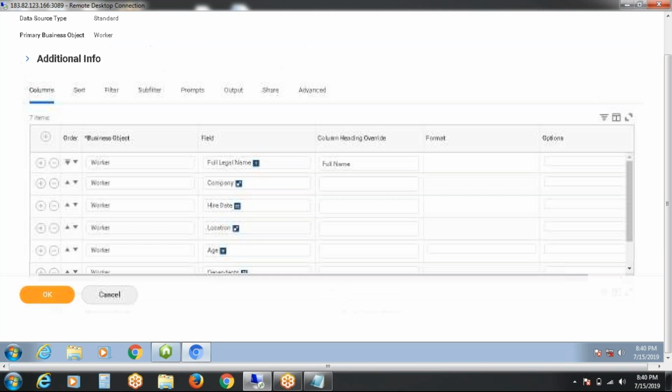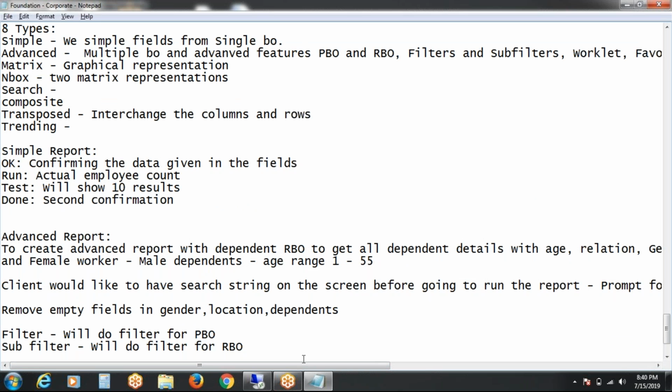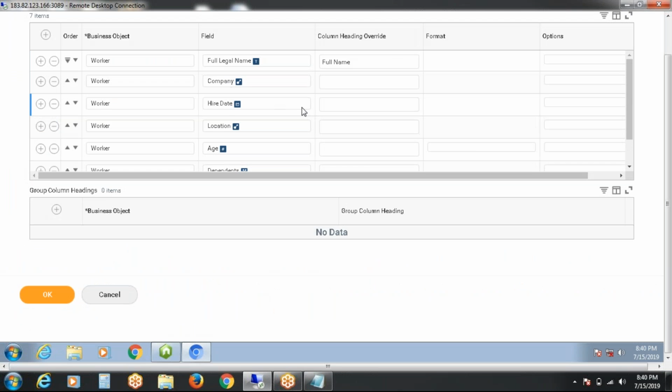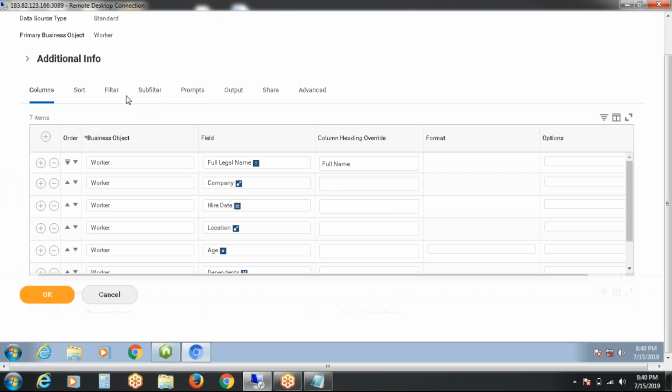Here in the advanced report only you will have these options. See, filter and subfilter. Now I need to remove blanks in dependents. Where do I need to go? To whom do I need to tell? To dependents or to worker?